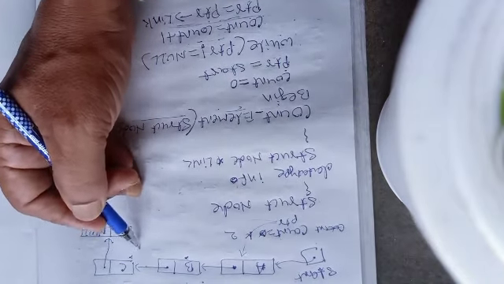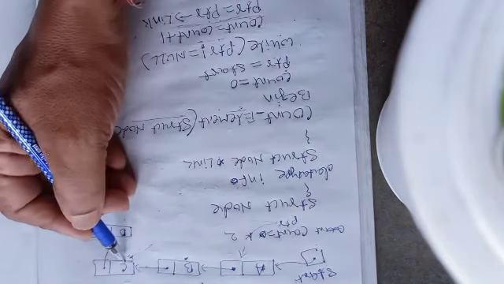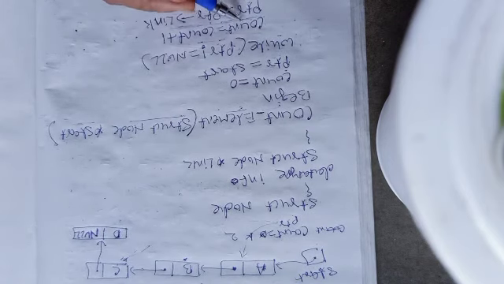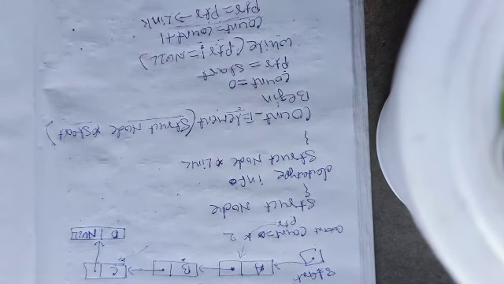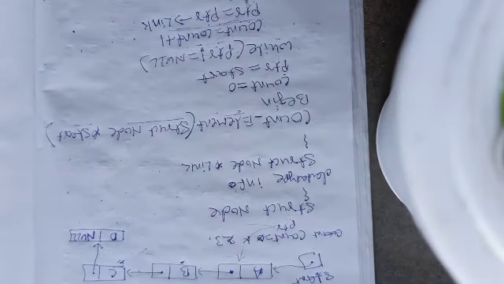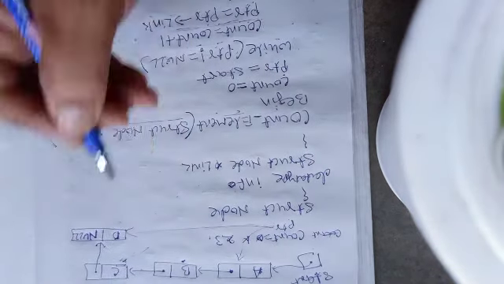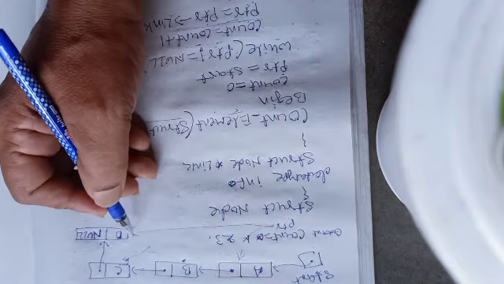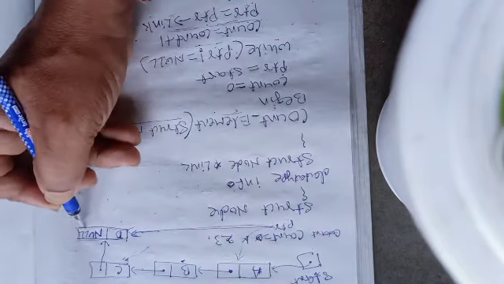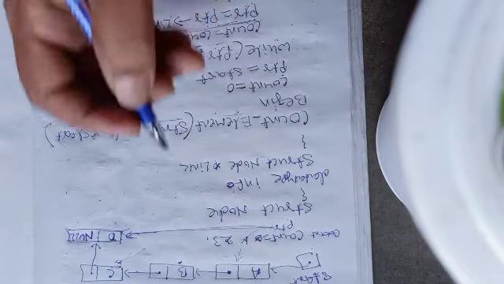When ptr moves to the third node, this is also not null, my value of ptr is a proper address. So while ptr not equal to null, again move inside and increase the value of count. Now count becomes 3, and again ptr is updated, ptr equal to ptr link. Now ptr moves to the last node, so it is not null. Now ptr points to the last node, so there must be some address. Again ptr not equal to null, so the value of count is again incremented.